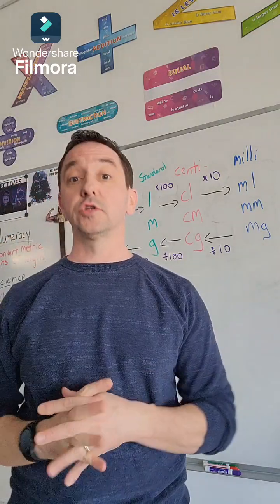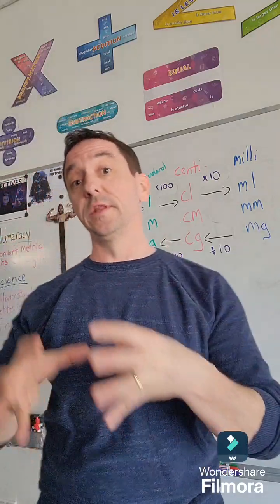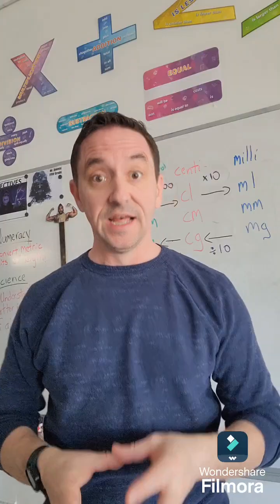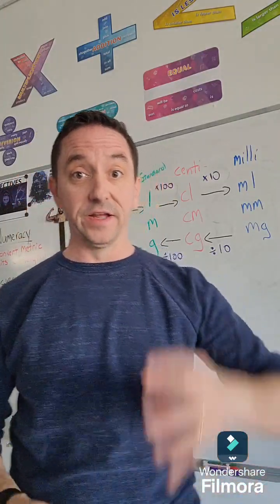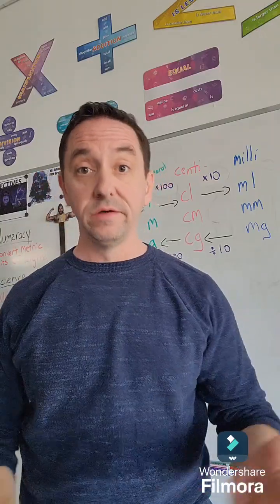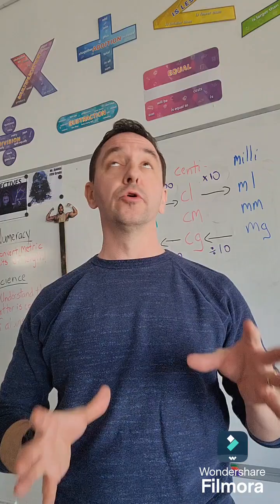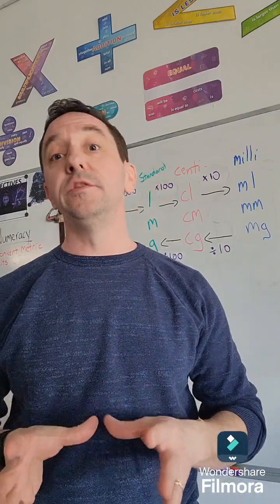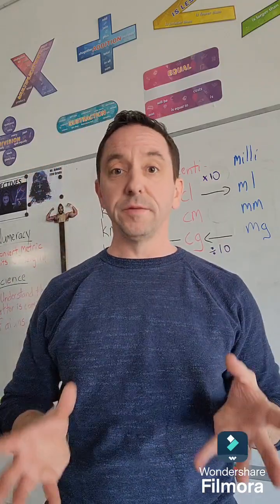Okay, today I want to talk about the metric system and specifically converting numbers within the metric system. The great thing about converting numbers in the metric system is that it is all base 10. You're literally multiplying or dividing by 1, 10, 100, 1,000 and so on. And that's super easy to do, and there's a little cheat with that, which I'll tell you about after. But if you need the visual, there is a chart that you can find pretty much anywhere